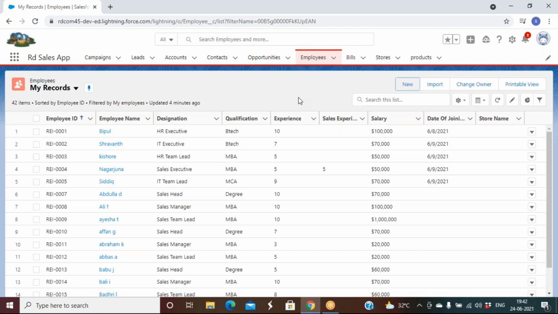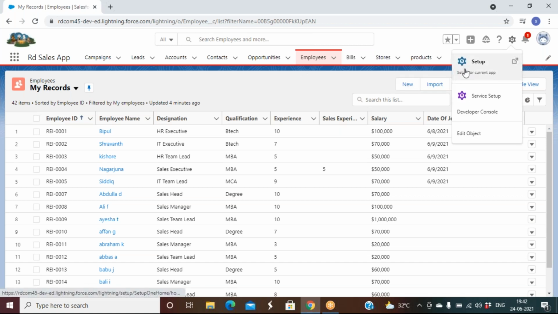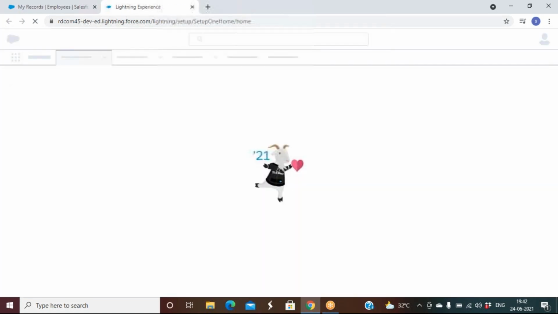As per our requirement, we are expecting an email template that contains a message saying thanks for joining our company, we look forward to working with you, and your employment details are mentioned below, or whichever format you like. But we need an employee email template. Before that, let's check whether we have an email template or not.